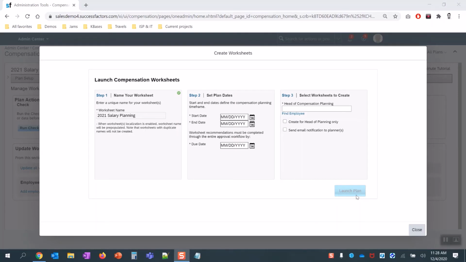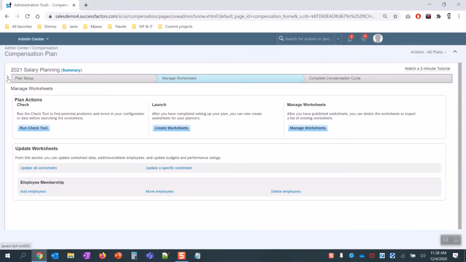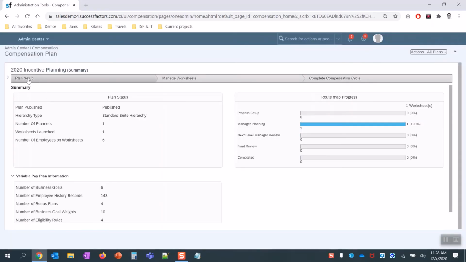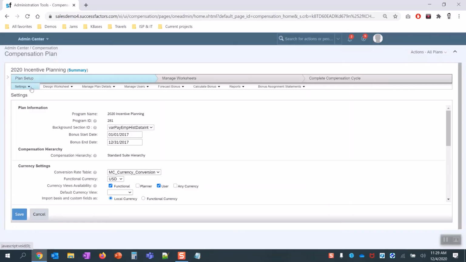Finally, the last thing you want to check in case you're working with a variable pay template is you want to make sure that the variable pay individual view is turned off before you launch variable pay worksheets. Let me show you where that setting is. If you have a variable pay type of template or a total compensation type of template, you want to go here, click on your template, and navigate to Plan Setup,